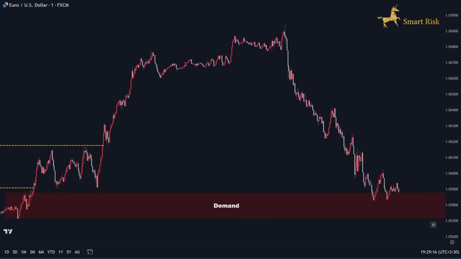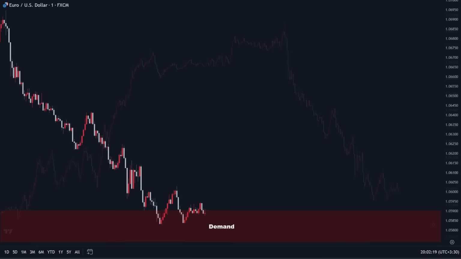Now let's take a closer look at it. Here on the 1-minute time frame, we can see that price was in a temporary downtrend until it reached the 15-minute time frame's demand zone. After reaching this zone, the price reversed, moved to the upside, broke the previous structure, and formed a valid change